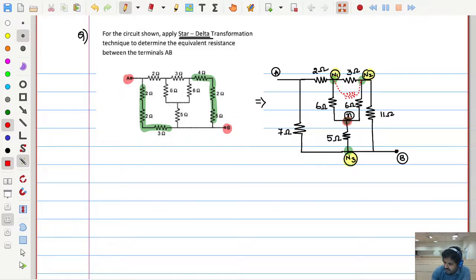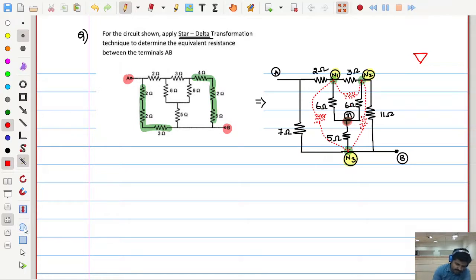Next, I started my journey at N1, I moved to N2, then from N2, I'll add one more resistor to N3. And from N3, I'll add one more resistor to N1, so that the delta has formed, a loop is formed, like a triangle. The shape may not be exactly the delta that we had seen previously, but still it is in delta.